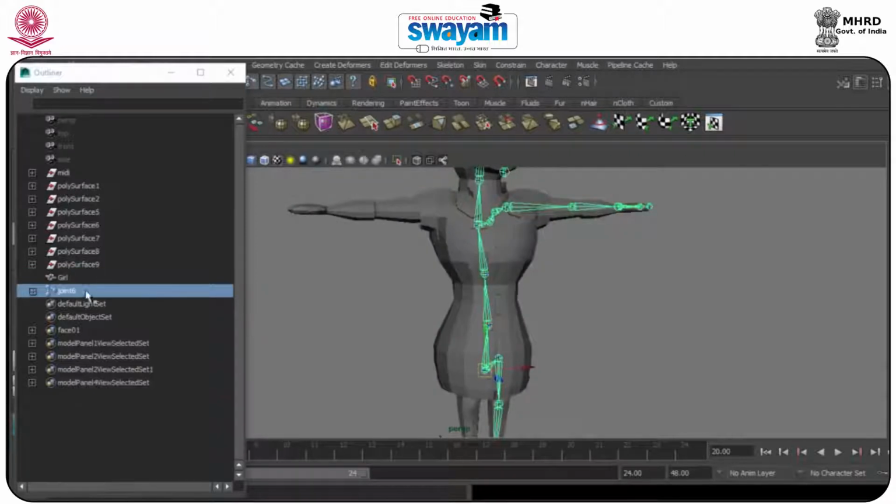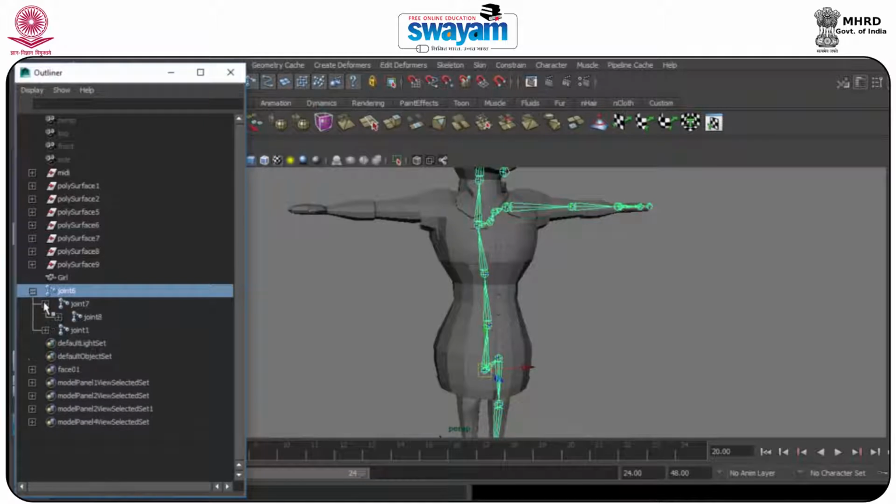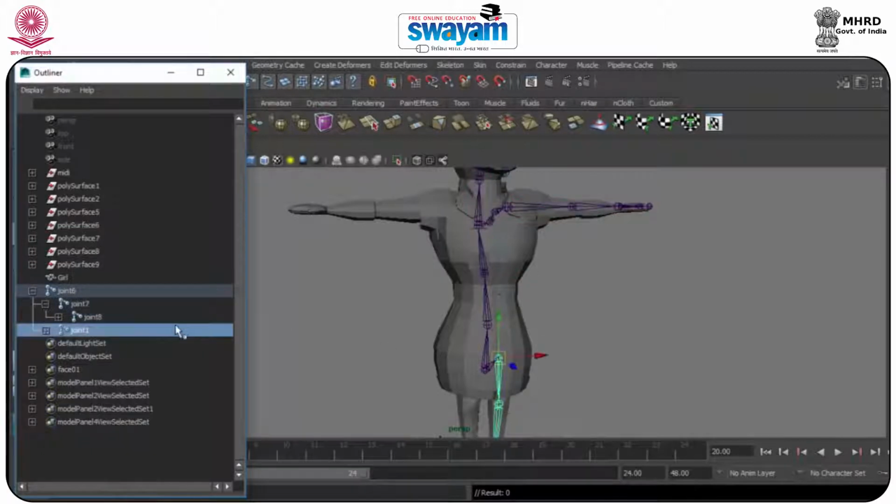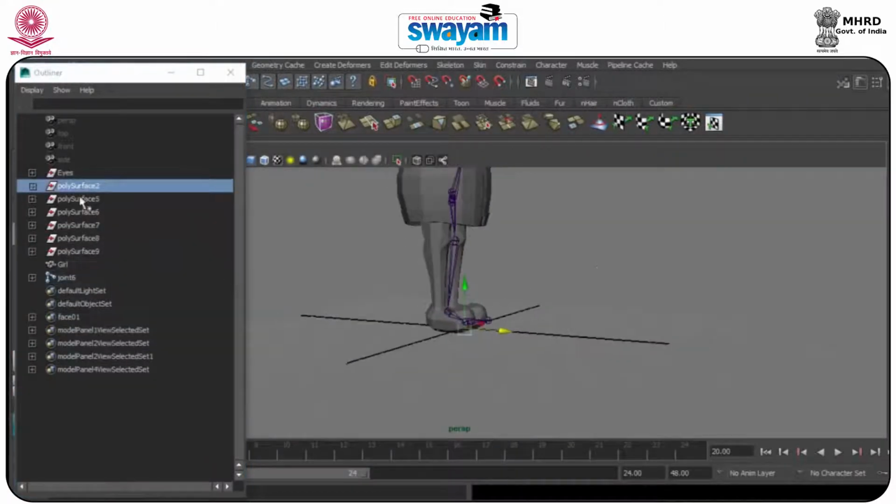this is the bone. If you select it, you have a number of different things. Just click, it's the top bone, and this is the bottom one. This one is the shoe, right.